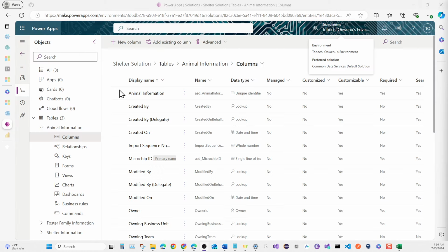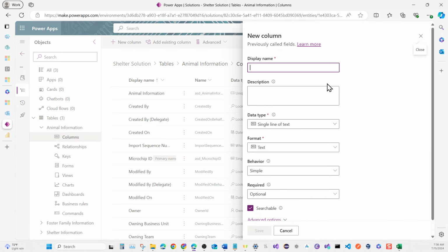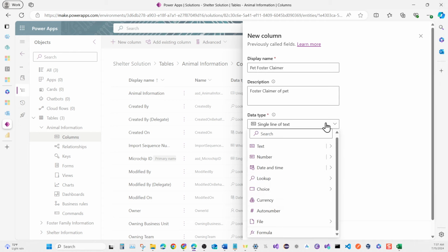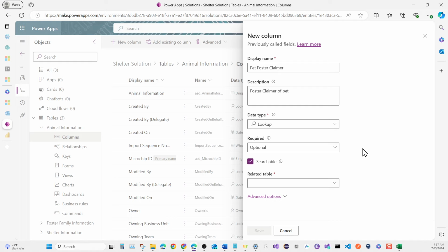I'm on my animal information again, and then click on new column. And for display name, I put pet foster claimer. The description is the foster claimer of the pet. And for data type, like I said, we're going to be using a lookup field to our foster family information table. So click on lookup and then lookup again. Leave the required as optional. For related table,